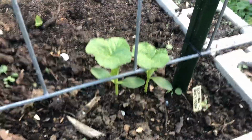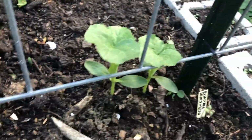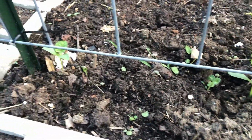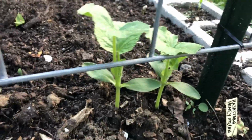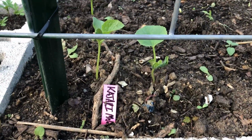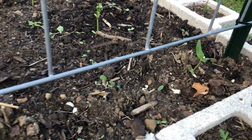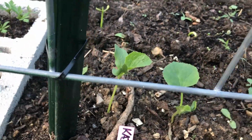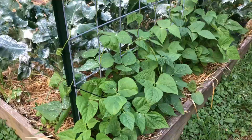Okay, so we got our melons. So I am gonna nickname these guys Mr. Raj because their name is Madhu Raz Rajasthan honey melon. So Madhu Raz MR. I'm gonna call them Mr. Raj. So here's my Mr. Raj melons. And on this side is gonna be my KJ melons or Kajari melons. They're small personal size melons. So I got my Mr. Raj and my KJ melons. So they'll be climbing the trellis soon. All my pole beans are